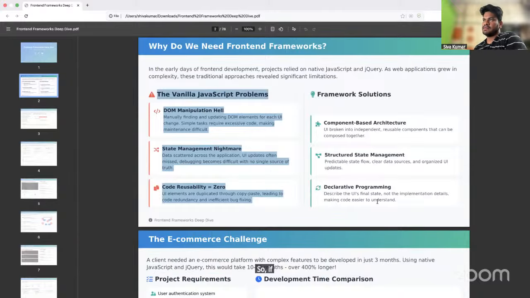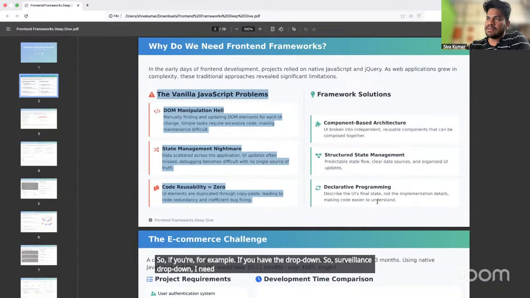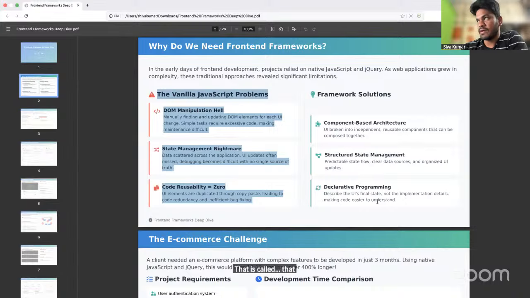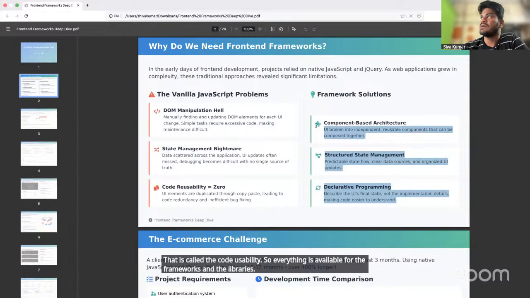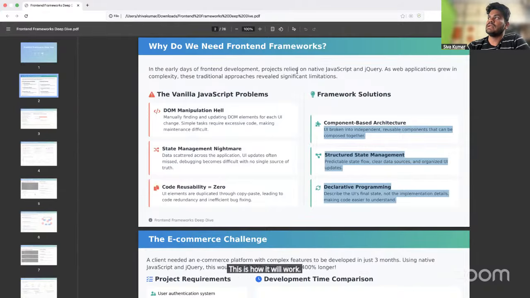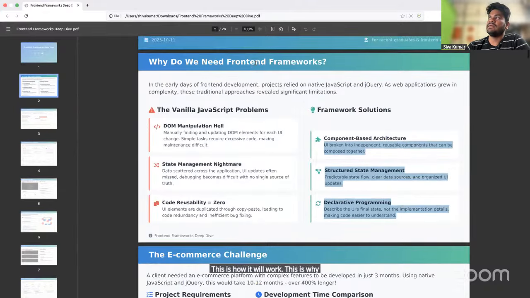For example, if you have a drop down, I can reuse the same drop down in another component or another application. That is called code reusability. Everything is available in the frameworks and libraries. This is how it will work. This is why we need front-end frameworks.